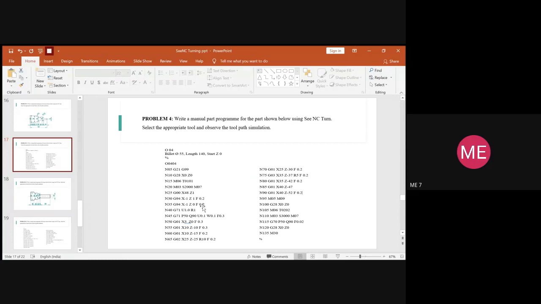To start up here also, we are first using G94. So I told you in the last class also, whether you're giving feed per minute, then we will follow G94 code. Because if you give it the other way, per mm, only once you will give the feed. But here the feed is varied according to the requirement. So it is always better to go with G94, where you'll be providing feed per minute. So you'll use the normal syntax of G94, which was explained to you in the last class. So you'll initially provide X is equal to 1, Z is equal to 1 with a feed rate of 0.2.